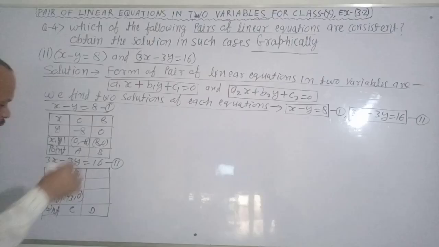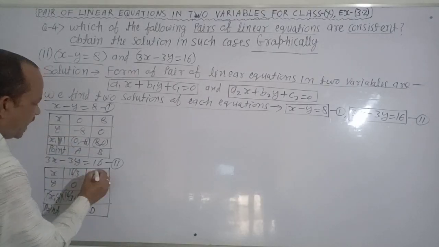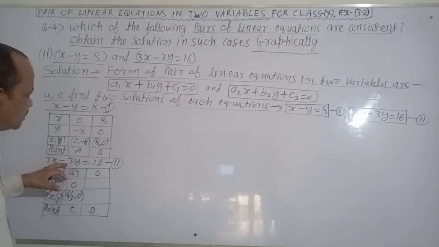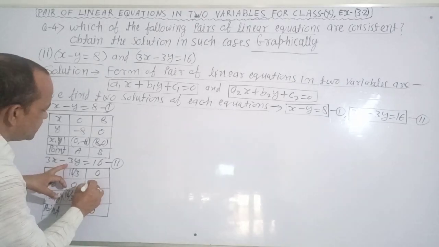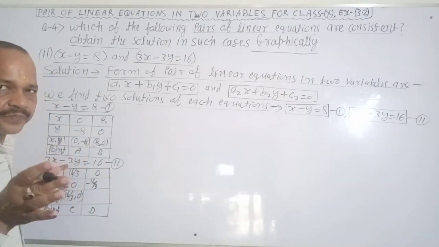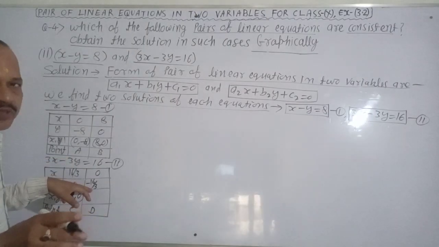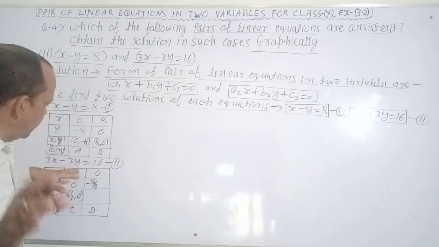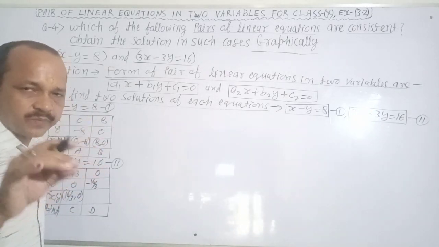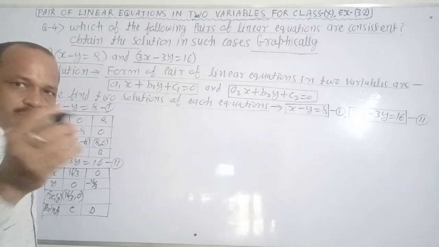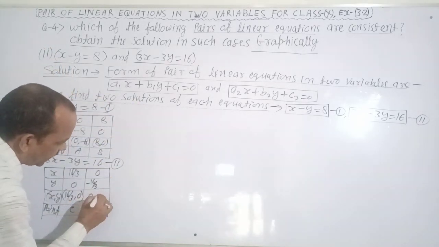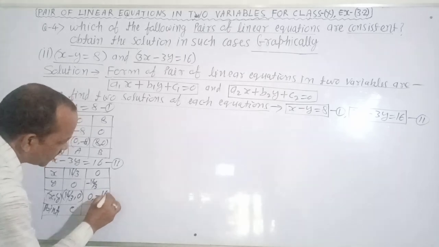Clear? Now you put the value of x as 0. Then it becomes 0. And here you put the value of y as minus 16 by 3. Here 3 cut 3, minus becomes plus. It means 16 equals 16. Both sides are the same. It means it is correct. You find the coordinate of point D is 0 and minus 16 by 3.